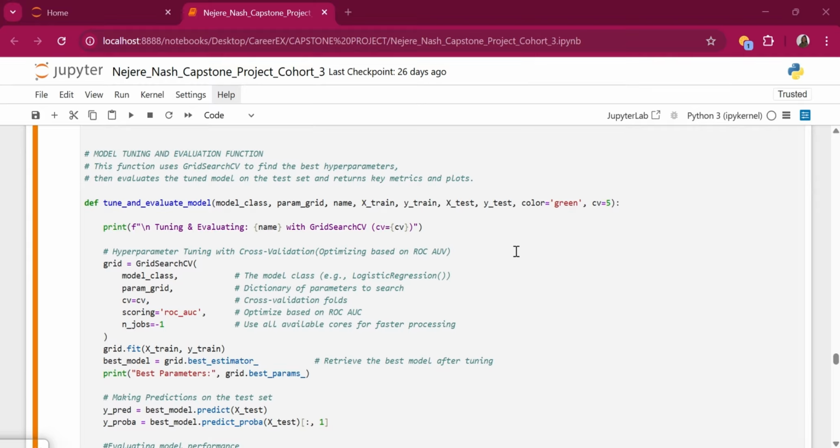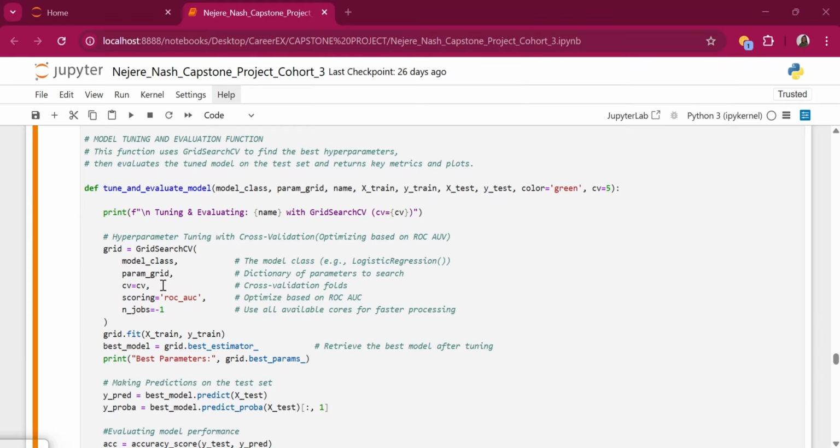and this is going to be rotated so that every fold has a chance to be used as a validation fold. As we can see here, I also set my scoring metric to be ROC-AUC. I simply did this because I want the model that best separates between the two classes. And this is very important, especially since my data set is imbalanced, ensuring that my model is able to